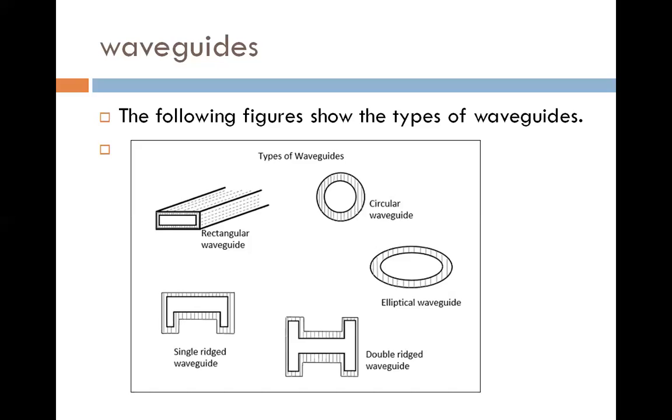Fourth one, in a waveguide, propagation takes place by reflection from the wall of the waveguide. So power losses in a waveguide are lower compared to other transmission lines at high frequency. Here, when we think about the transmission of electromagnetic waves, the phenomenon used is reflection. So due to reflection, power is not lost as much as in coaxial cable.